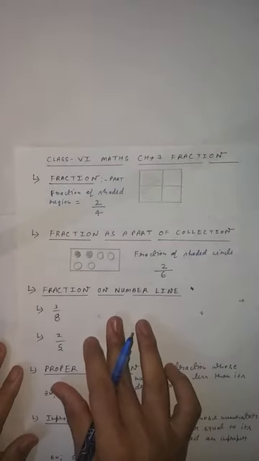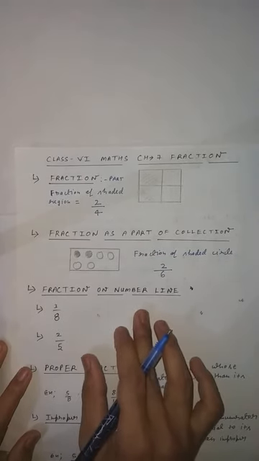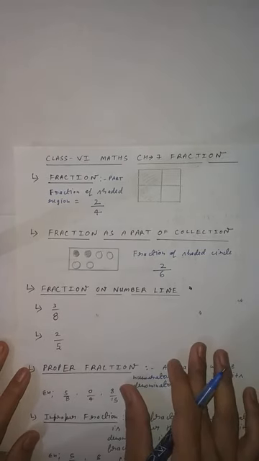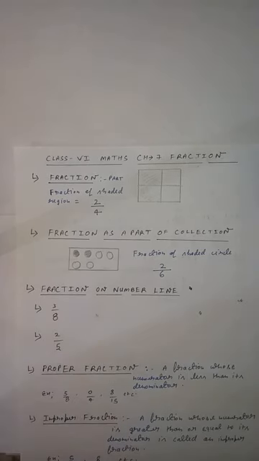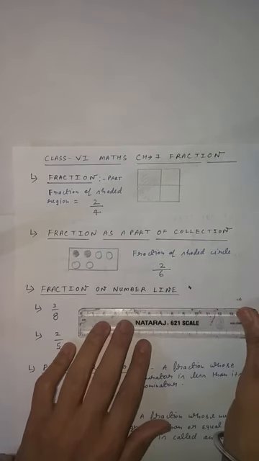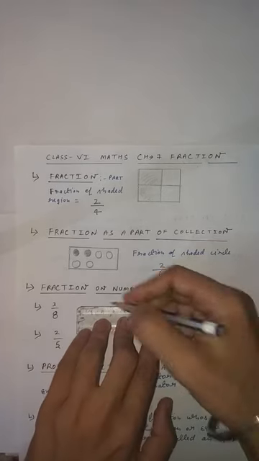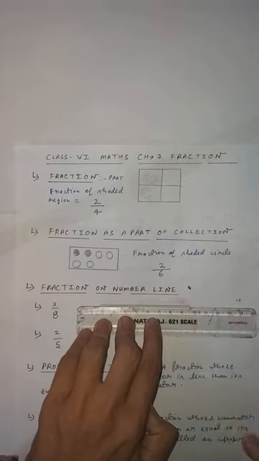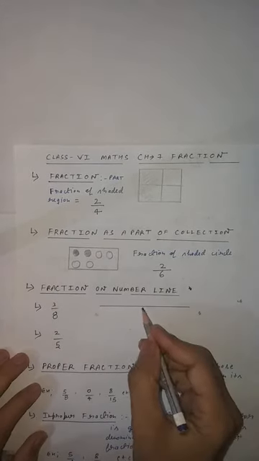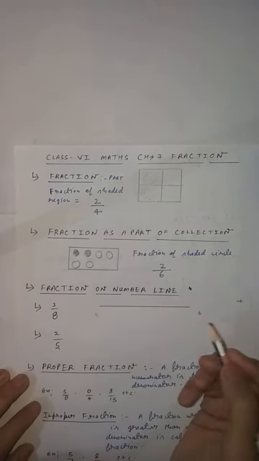Next is fraction on the number line. Achha, students, in the 6th chapter I explained integers and also the representation of integers on the number line. So this is also based on the same pattern. First we will draw the number line. This is simply a number line. First you have to decide: in the integers chapter, the left-hand side is all negative integers and the right-hand side is all positive integers.